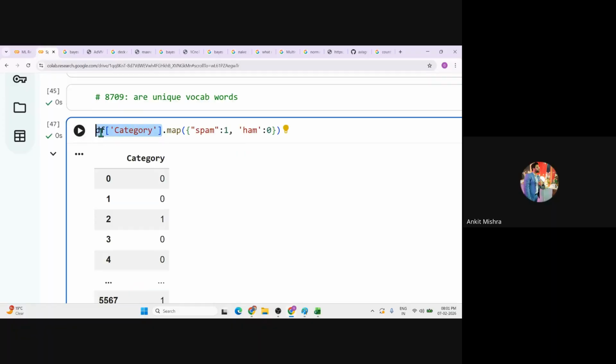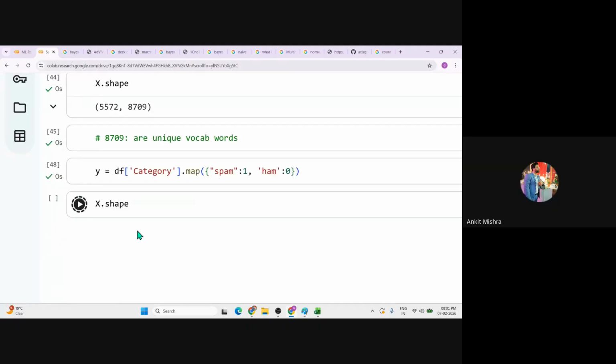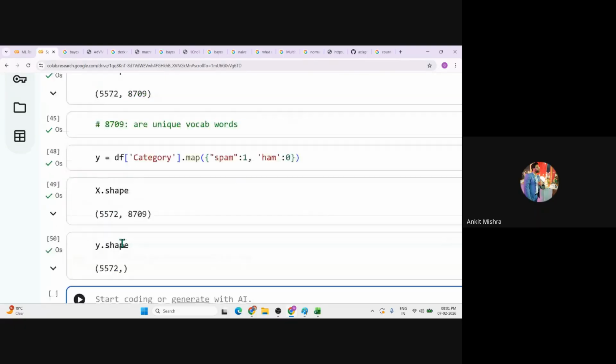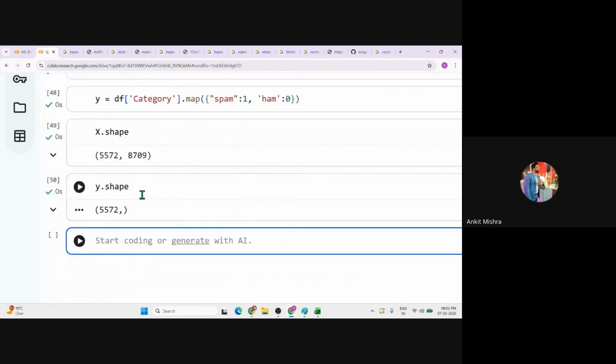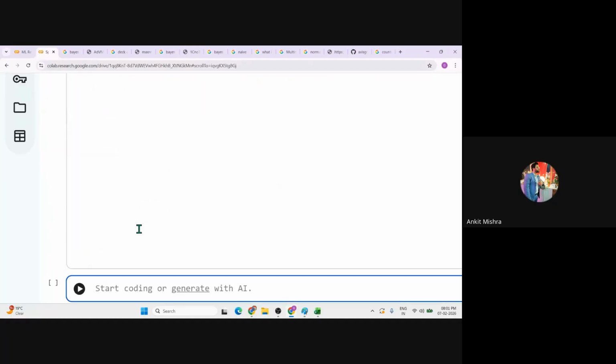Now you have converted this to numerical, so let's store this inside y. Now you have the shape of x and the shape of y as well, with x and y both in numerical values.